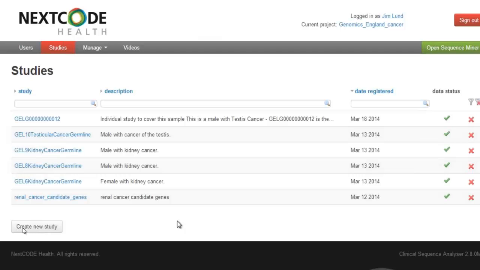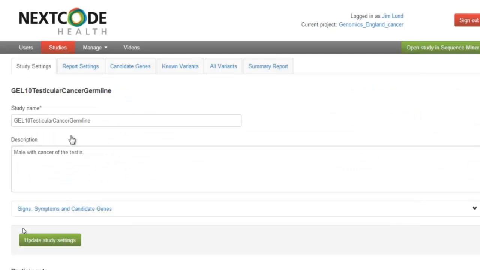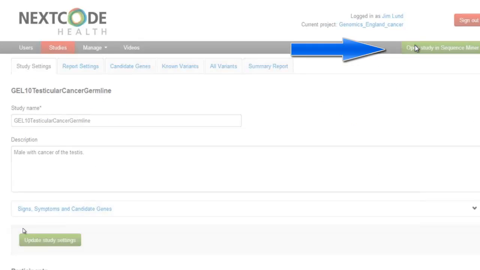For this case, we analyzed raw sequence from a tumor normal pair. We ran the sequence files through our pipeline. We did alignment, we did variant calling, and then we did the cancer tumor-specific analysis. To look at this case, let's open up case 10 in CSA, and then we'll open up the sequence reads